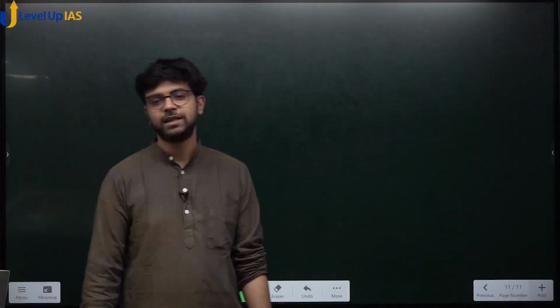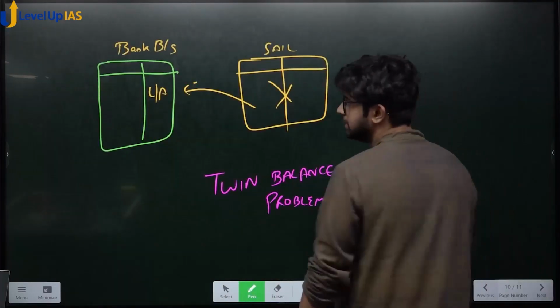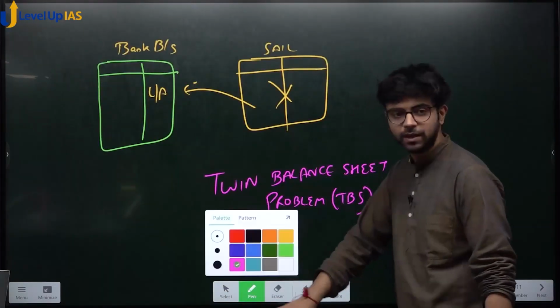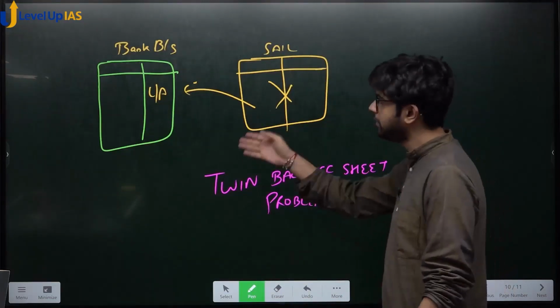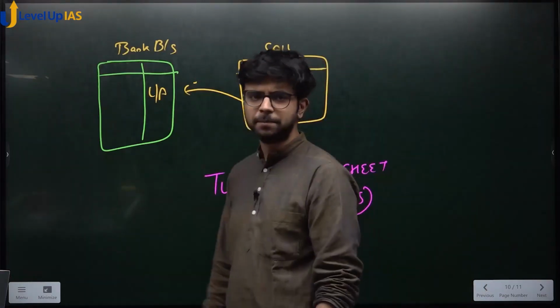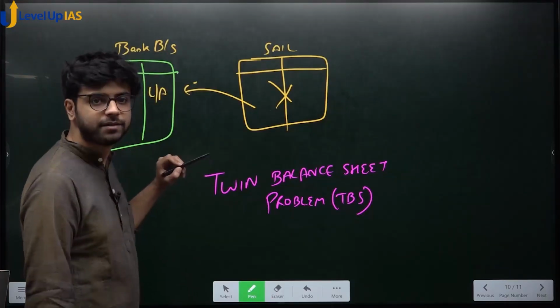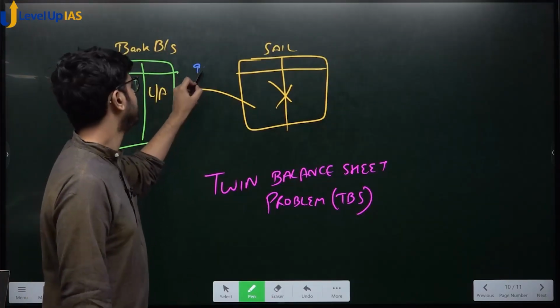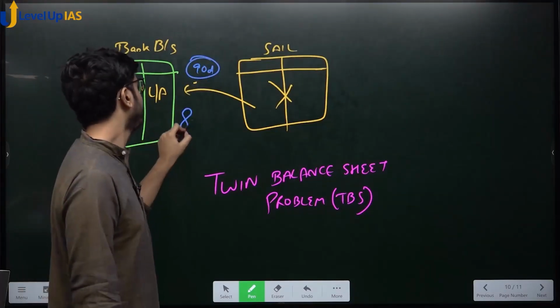Now I'll tell you one very funny concept. इधर ही लिख देता हूँ, one very funny concept. Who is suffering? Both of them. ठीक है? Both of them are suffering. What this bank does is very simple. When does it become an NPA? 90 days. ठीक है? On the 89th day,